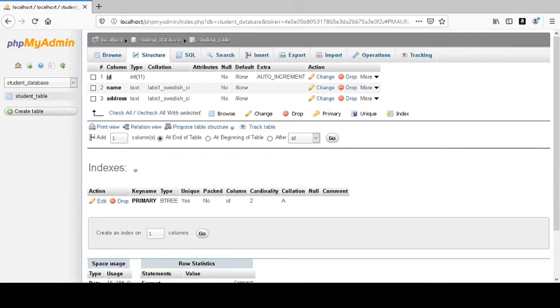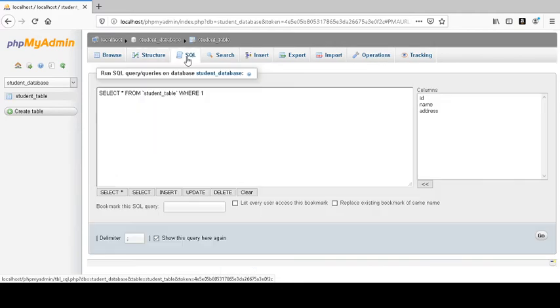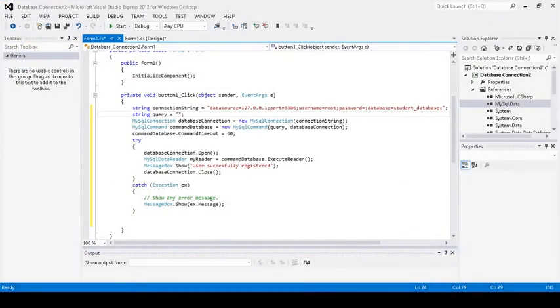So let's go to our database and then SQL, click SQL, and then just copy this one, and then let's go back to our Visual Studio. So this is our Visual Studio, paste in our query. So there, select all from the student table where one, meaning it will get all the data from our database.